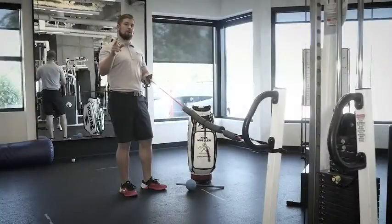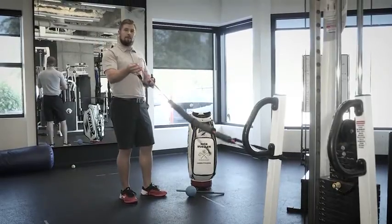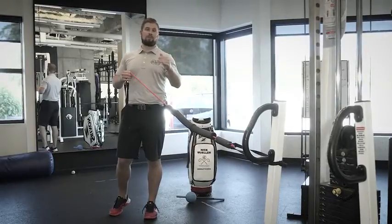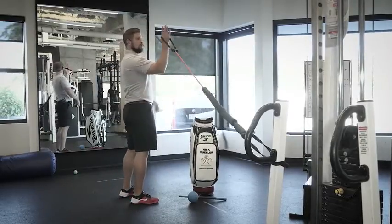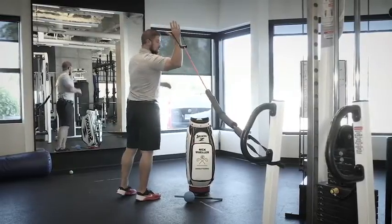All right, guys, so this is part 2 of our shoulder restorative mobility routine here. Again, I've got my FMT tubing. I've got it on a post or some sort of anchor point, whether it's a door jamb or a bed post if you're in a hotel room, whatever works for you, anchor that band. What we're gonna do now is take the band, loop it around the palm of the hand in which the shoulder we've been working on right here, okay? So,